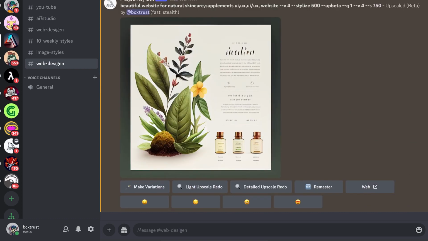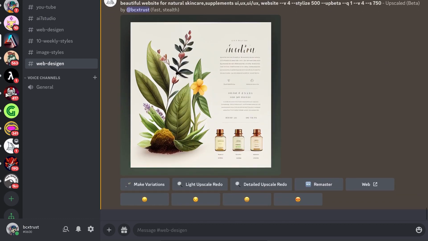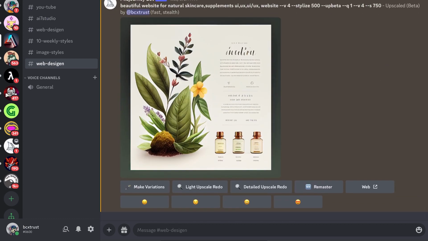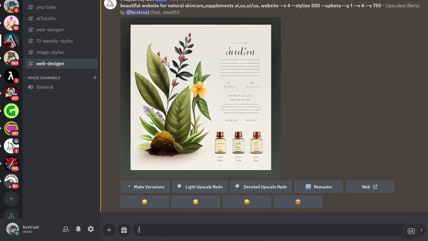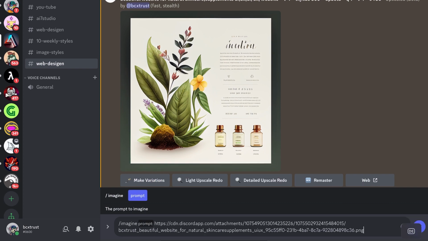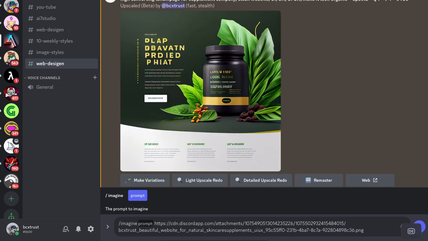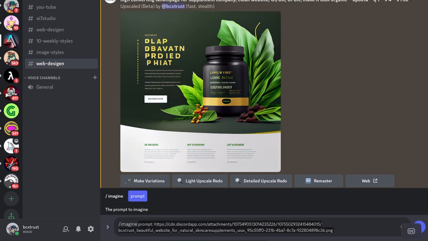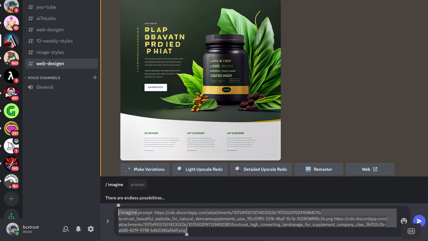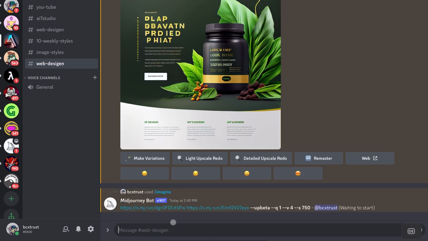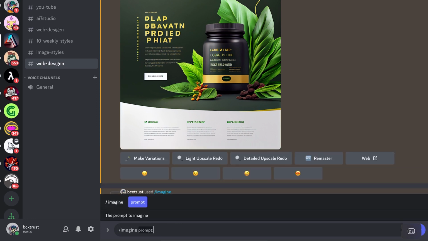Let's have a look. So this one website is already generated, and because this is not on my computer now, I will just click on it again and say copy media link, and then I would just go in /imagine. I don't do the blend now, I just go in and make /imagine. You can do that with every image. Again, with this one, copy media link, and we'll just copy and paste both of the URLs behind each other. And then let's try to generate it like this. And one more prompt I will do with imagine